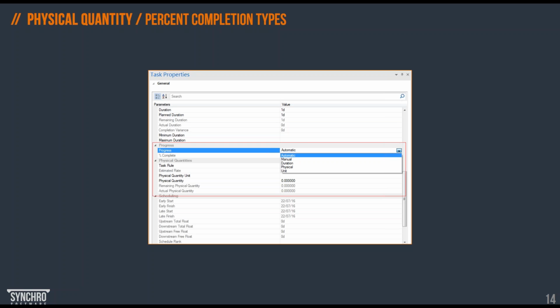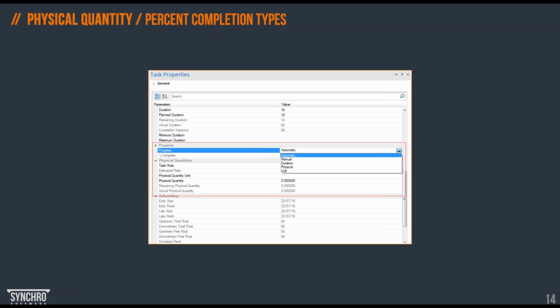Once we have the resources assigned, then we can calculate duration from the resource quantity rather than this physical quantity. But again, what I like about it is that we have this flexibility. So at different stages of our schedule, our project, we can use different tools that will do the same thing. But the idea is to help the planner to start some calculations and optimization of the program. We can also monitor progress based on that physical quantity, so that quantity ultimately can become a factor for our calculations and KPIs.